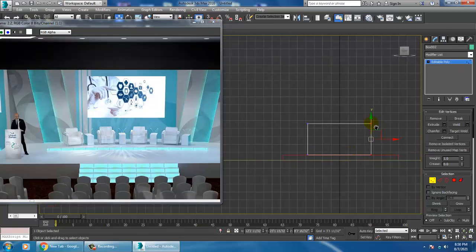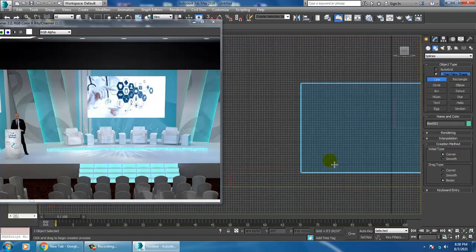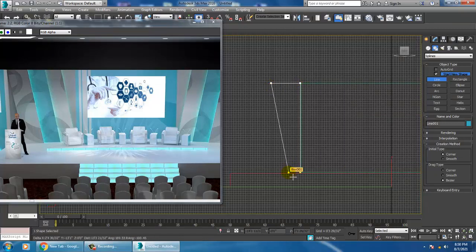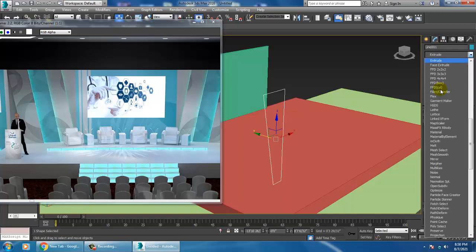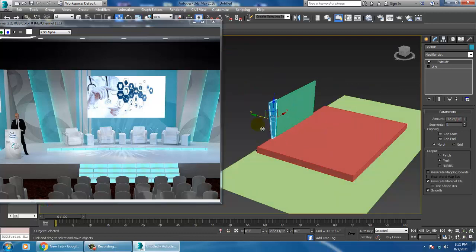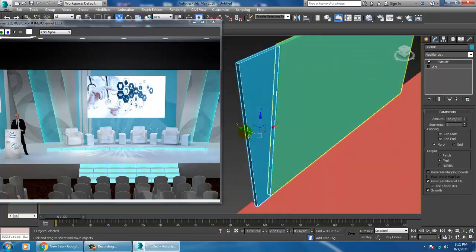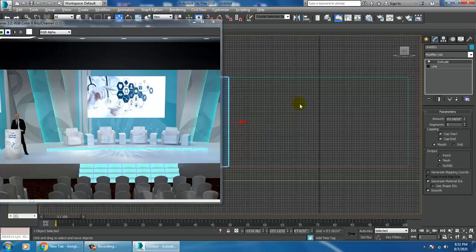After that, let's again take a line tool over here. Let's create this stuff, and let's give an extrude modifier. We can give a bit of thickness to it, and we'll slightly push it accordingly. So again we will go over here.